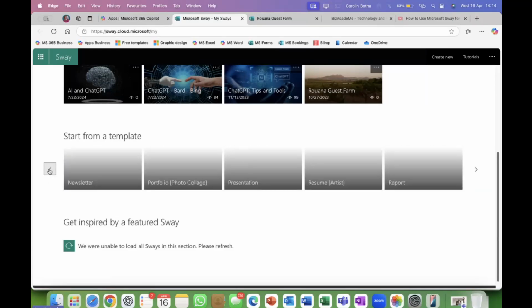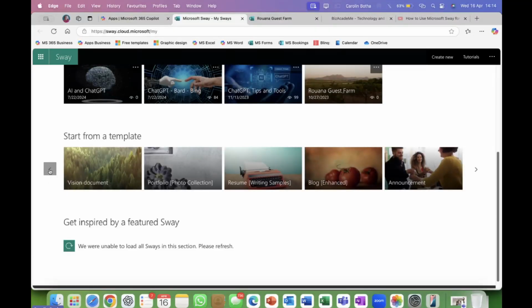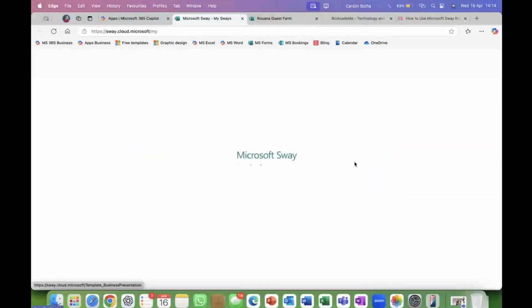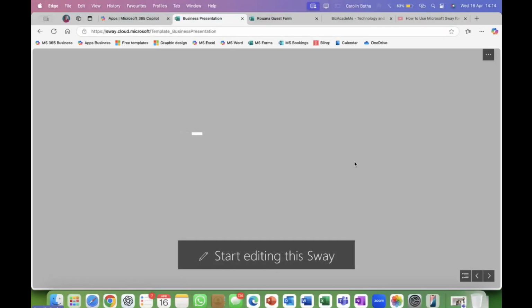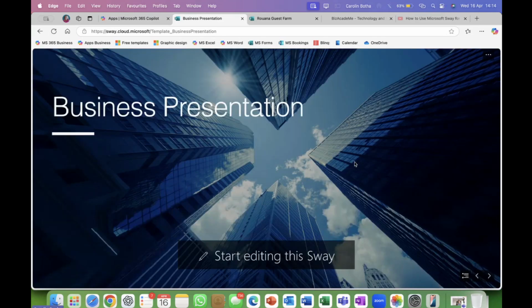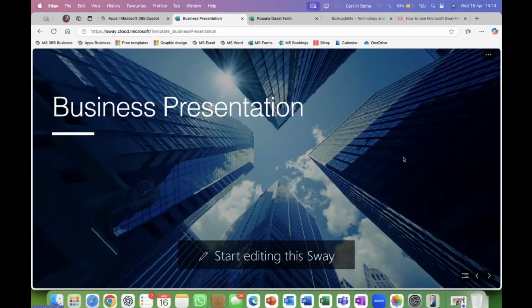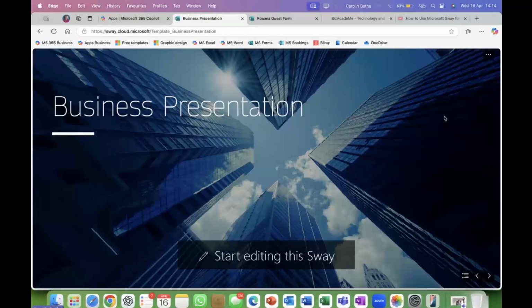I just want to go back and choose the business presentation. Right, so here it is. Start editing in Sway. So this is the result. Always shows you the result. You'll notice, I don't know if you've noticed, but in the bottom right-hand corner, if you run this presentation, there are 2 arrows.